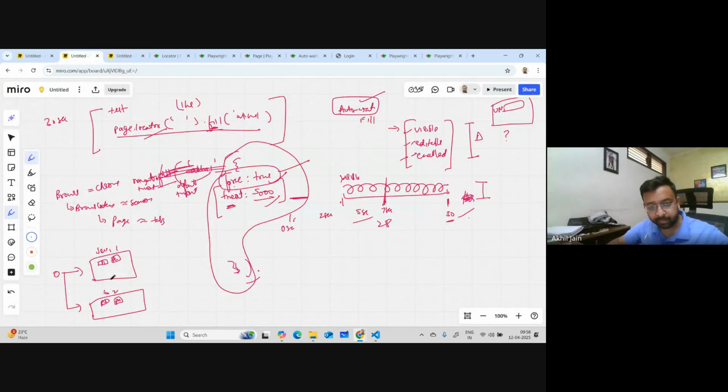Okay, so again, come back. What is happening here? This is the browser level. What they're saying is that they're giving an option to set the settings at the browser level, at the session level, and at the page level, individually. If you set something at the browser level, in a particular test case, and let's say it's a very complex test case, which will have a lot of pages being opened up, a lot of sessions being created,